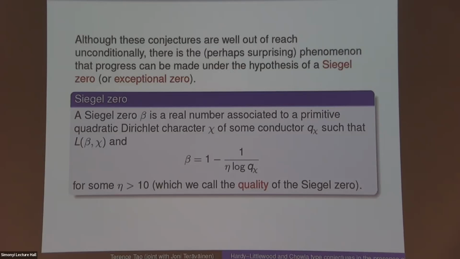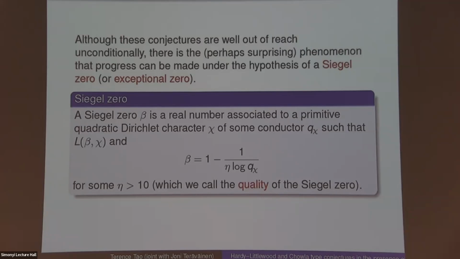Okay, so these conjectures are hard. Well, Chowla, there's maybe a chance for a breakthrough in the next few years. Hardy-Littlewood, I don't think we are close, especially if you're just averaging Chowla. But there's one scenario in which we can make progress, and that's if you assume something called a Siegel zero, also known as an exceptional zero. So you can get very strong results. The catch is that these probably don't exist. But still, it's a good